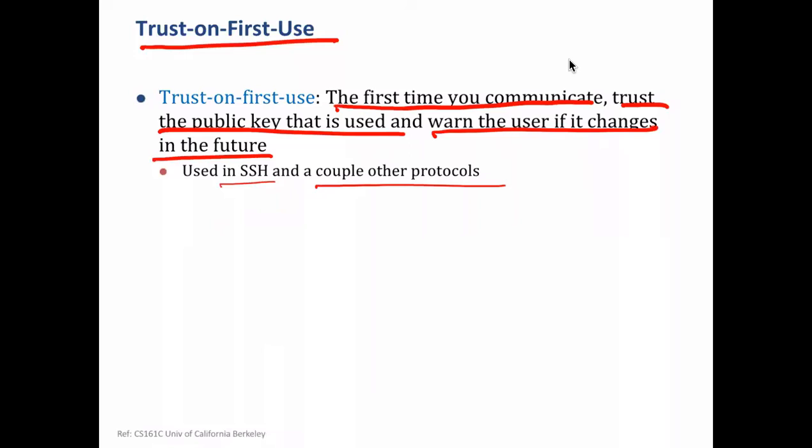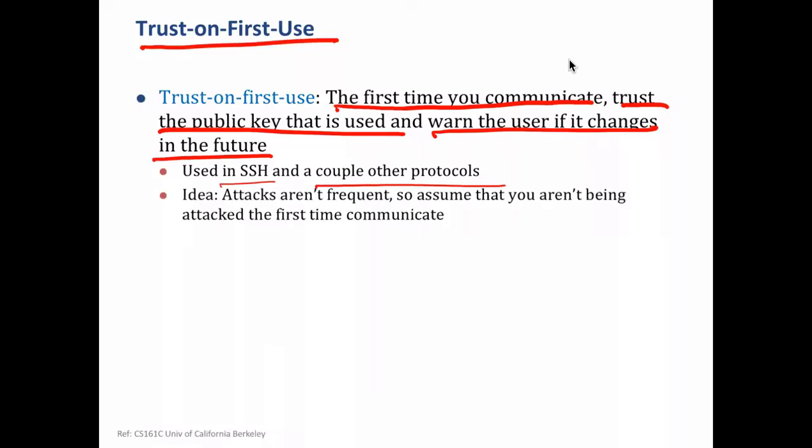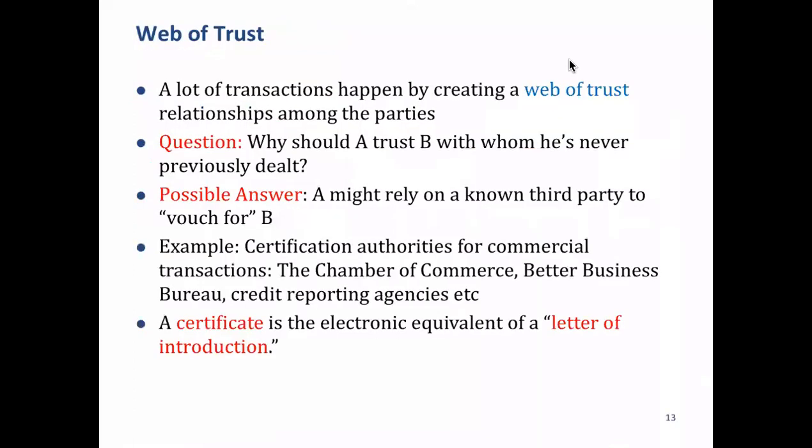Okay, because the assumption is that Mallory may not see everything that's happening on the internet, and Bob is sending to Alice. She may not. Okay, so that's one very simple way, and this essentially assumes that attacks are not frequent. So assume that you are not being attacked in the first-time communication. Okay, but this is not